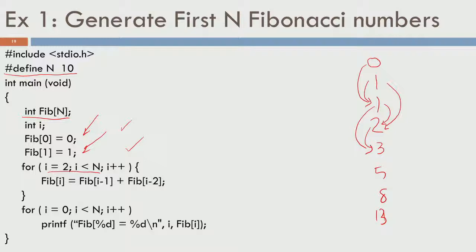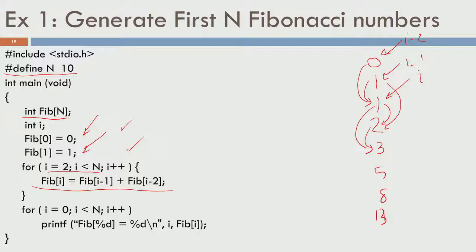And as I showed earlier, we have to take a particular index i, and we look at location i minus 1 and we look at location i minus 2. When we add these two, we get fib of i. That is exactly what this line is doing. We take fib of i minus 1 and fib of i minus 2, add that and put it in fib of i. So, the first time when i equals 2, fib of 2 will get updated with 0 plus 1,